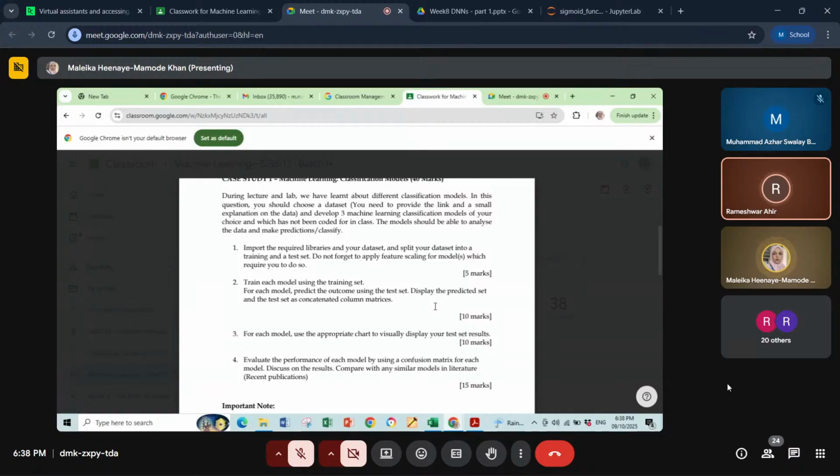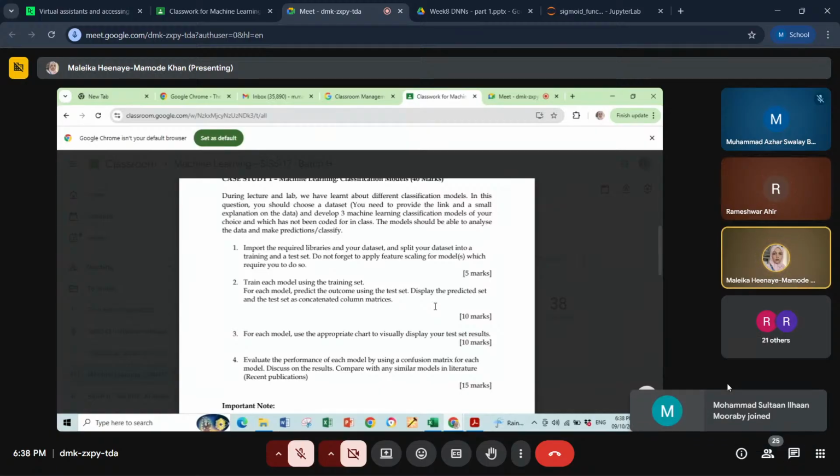No, you're not only comparing the choice among the 3 models. Even if you take a model, you compare it with others of similar type found in the literature review. This at the end you will have to do. For each of the models, this is the analytics part, the analysis, and this is where you will use references. You have to give me recent references. This is where you're going to get marks.